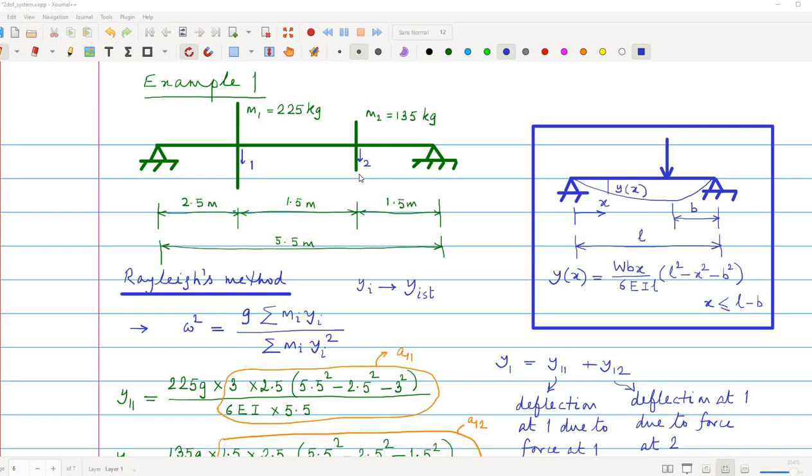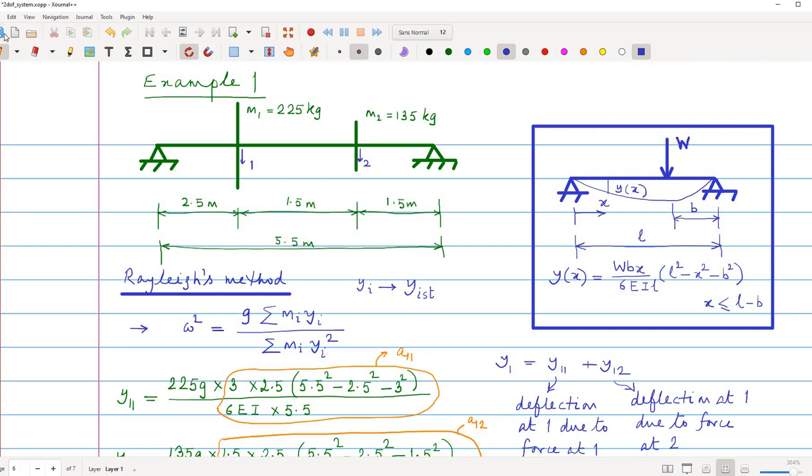If you sum them up, then you get y1, and this y2 is the deflection at this point due to the weight of this. Now the formula we'll be using is this. If you give a force W here, so this is W,